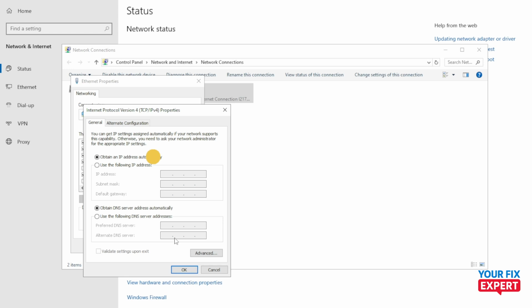If you're using IP version 6, repeat the process but pick Internet Protocol version 6 or TCP/IPv6 and enter 2606:4700:4700::1111 for preferred, and 2606:4700:4700::1001 for alternate. Now after that, you're going to hit OK, and then you're going to close all windows,